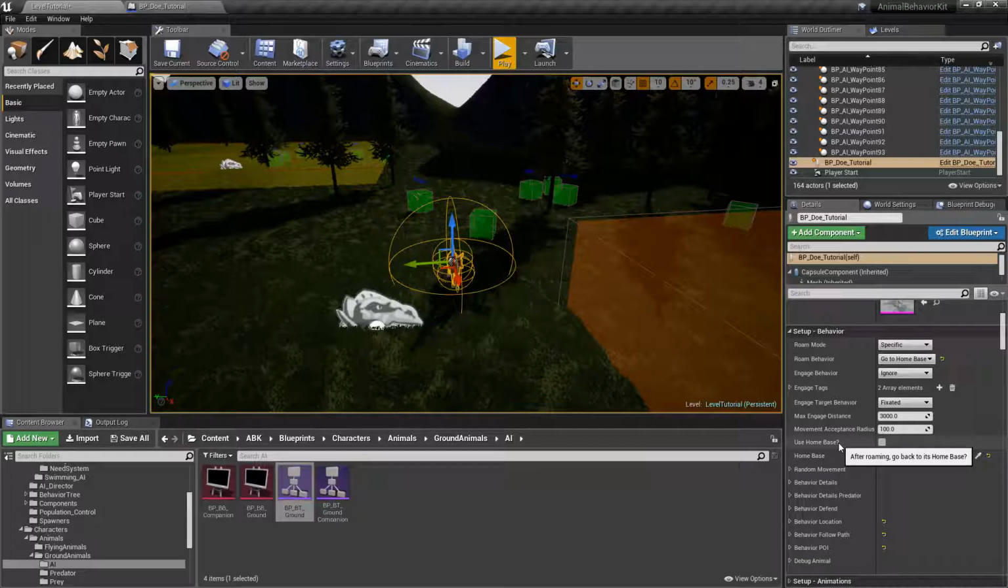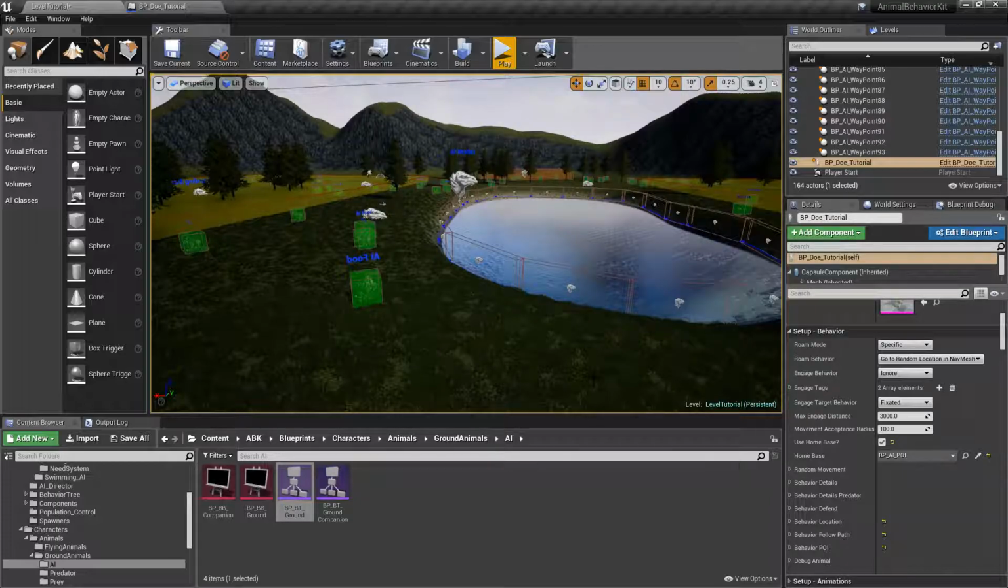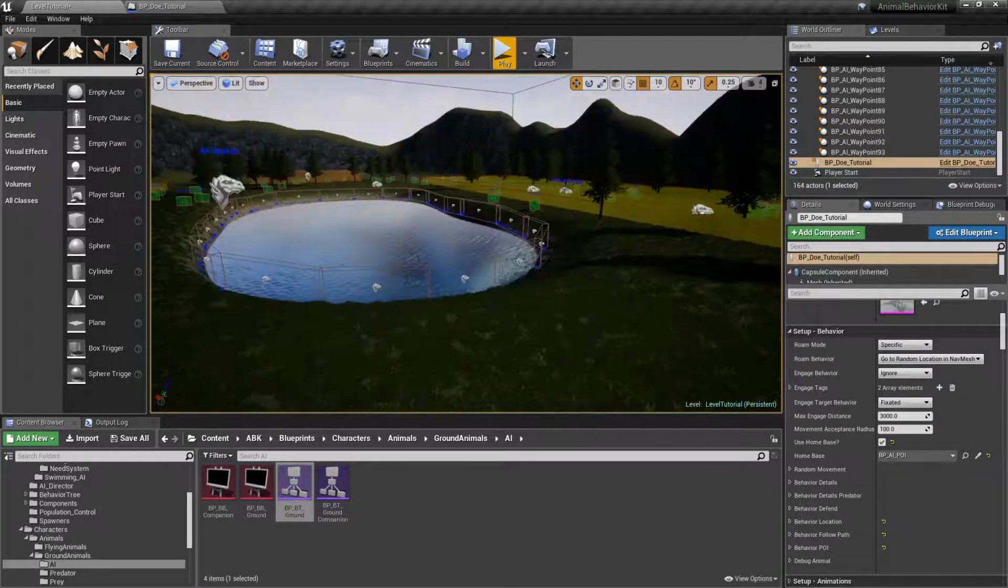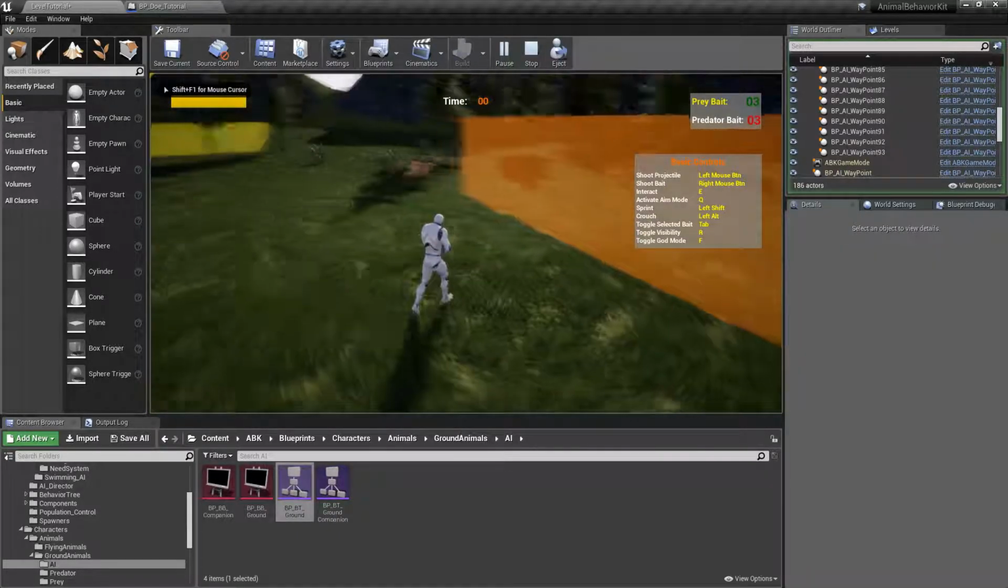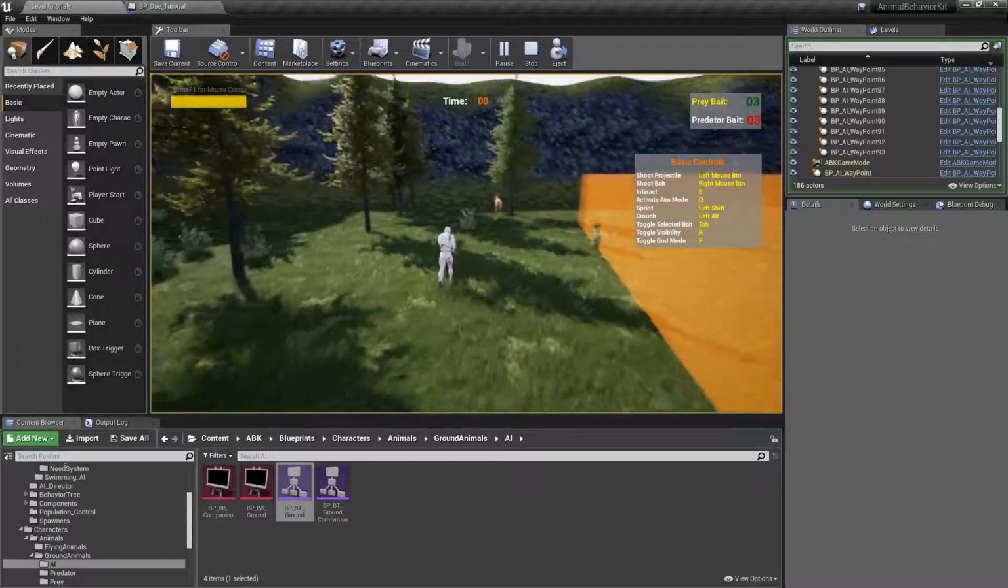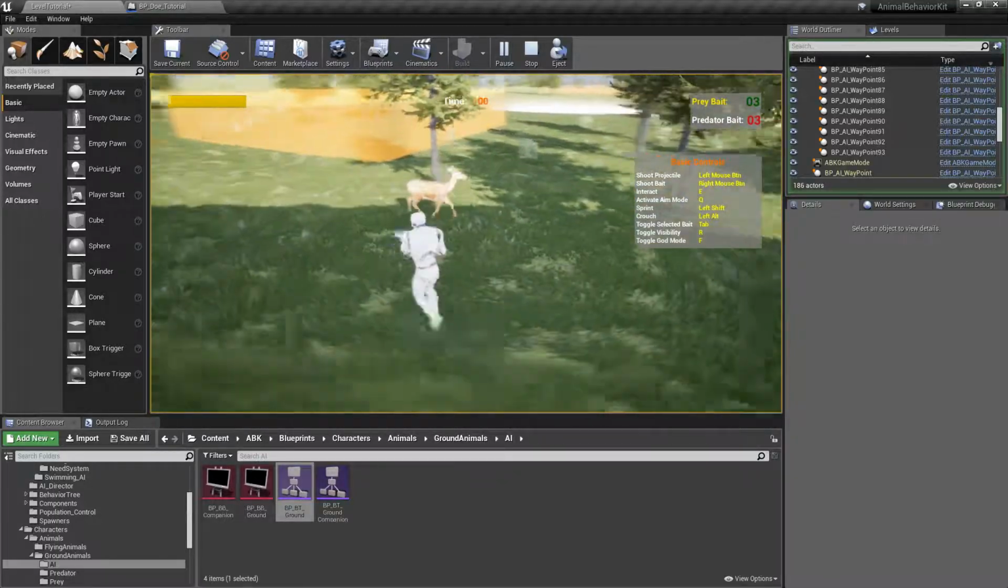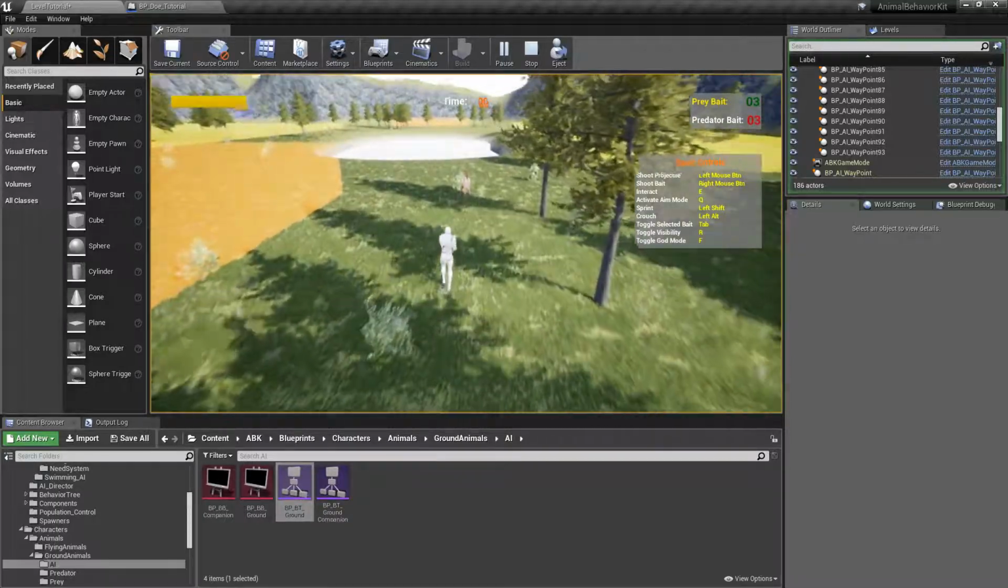And if you hover your mouse over here, you'll notice that it says after roaming, go back to its home base. So if you click on go to random location in NavMesh, it'll just go randomly anywhere. But if we select use home base, what it'll do is it'll pick a random location in the NavMesh, go to the random location, and then from there go to its home base. And then from there pick another random location. So let's just see that in action. So there you go, it picked this location here randomly. And now let's follow the AI, and as we do that,